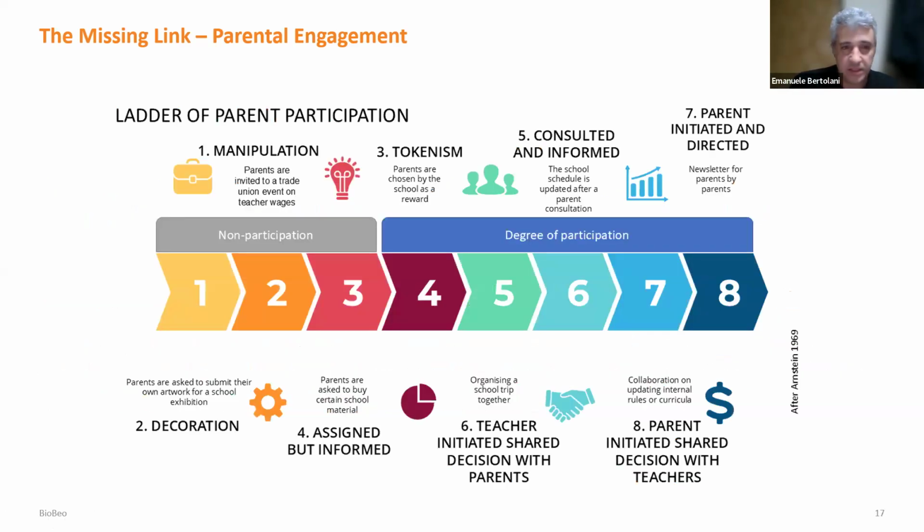So this is a beautiful visual. It's called the ladder of parent participation. You could say it's graded from 1 to 8. It's part of the tools that are available for the missing link. You can use this, which is accompanied by an excellent checklist that you can use when you set up your activity, or when you evaluate it, to see if the way you're setting up parental engagement is actually participatory, if it's actual engagement, or if it's just for show. So there are various examples there from number 1 to number 8.